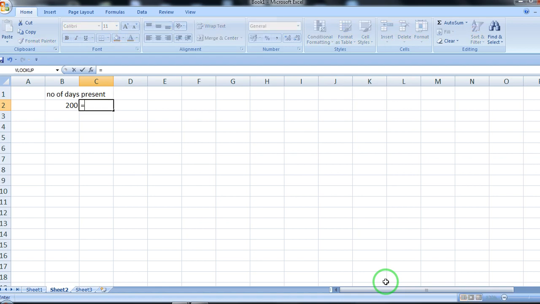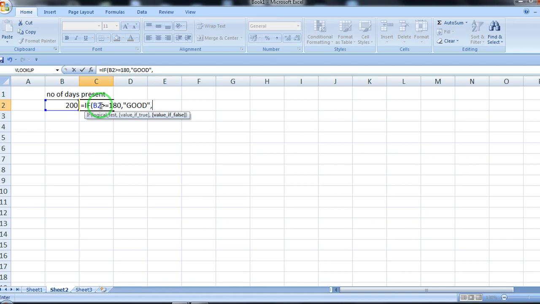So you can write equal to, like I have already told you in my previous videos that the function always starts with an equal to sign. Then we will use IF, and then the cell address is B2. Here I am writing the condition: if B2 is greater than or equal to 180, then it should display good.